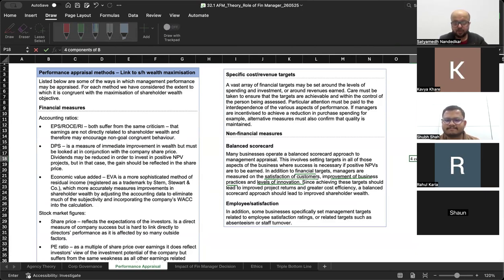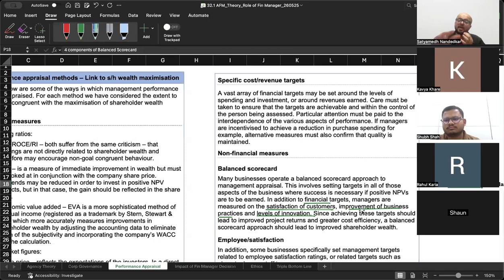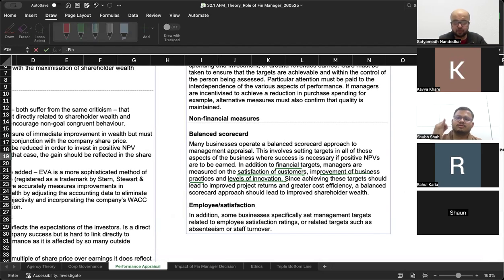कंपोनेंट्स ऑफ बैलेंस्ड स्कोर कार्ड. एसबीएल में भी है बैलेंस्ड स्कोर कार्ड, एपीएम में भी है. एपीएम में थोड़ा ज्यादा है, एसबीएल में रिलेटिवली कम है. एएफएम में भी, इफ एट ऑल अ क्वेश्चन इज आस्क्ड व्हाट आर द फोर कंपोनेंट्स ऑफ बैलेंस्ड स्कोर कार्ड, वन